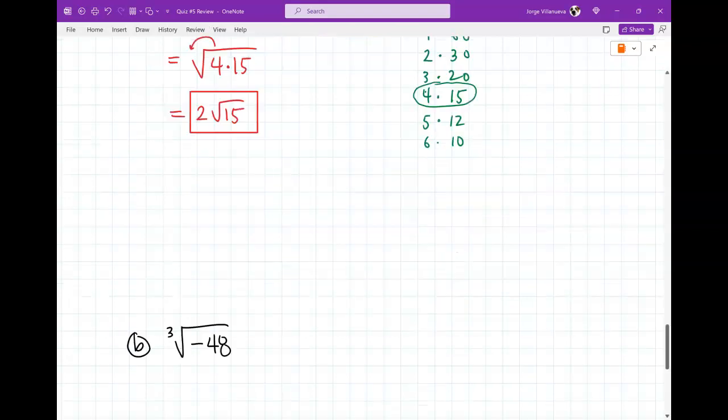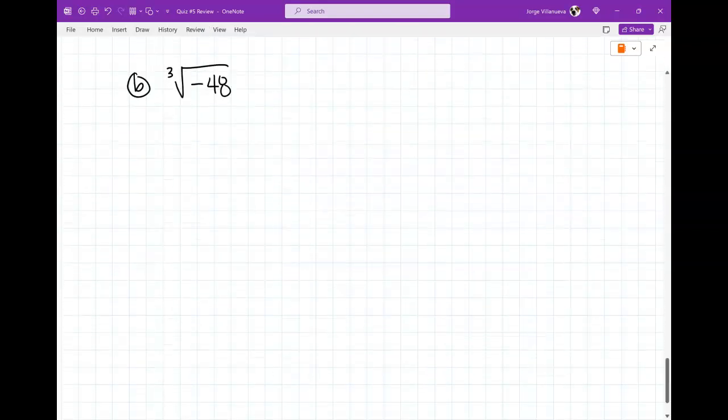All right, part B. We got 2 more, okay? This one right here. So if you try this on the calculators, those new ones, it's not going to give you the right answer. It's going to give you something in decimal form. It only gives you a clean answer with square roots, never cube roots. So you're going to have to do this by yourself. Okay? Now,